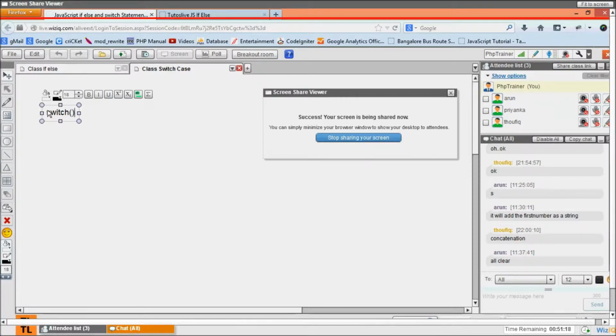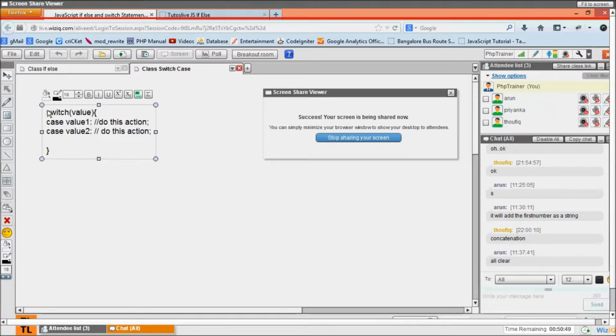Okay. So switch case. The general syntax is: here give a value. Then match that value here. Value 1. If that value equals value 1, do this action. If it is not matched with this value, do this action.